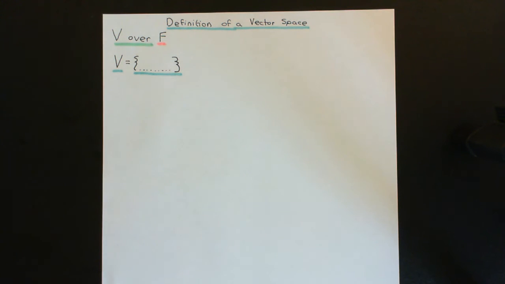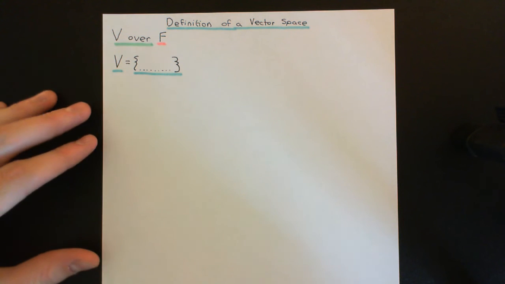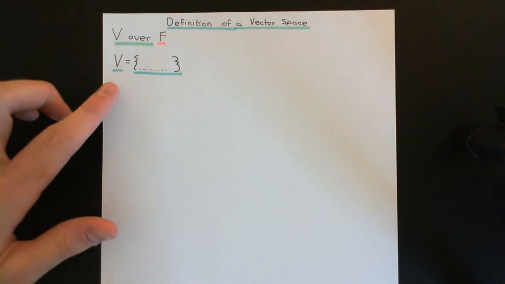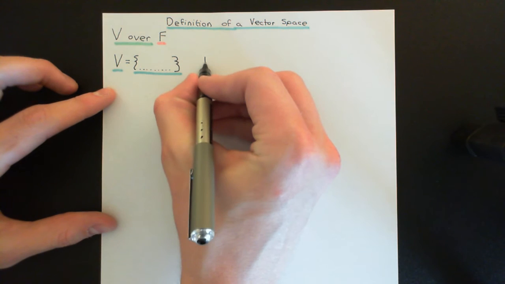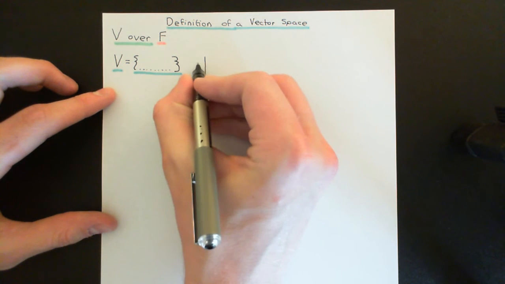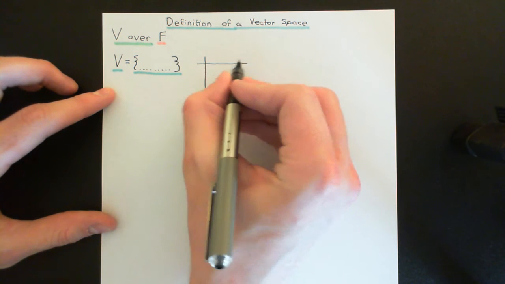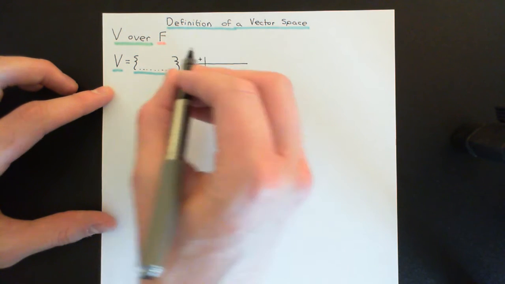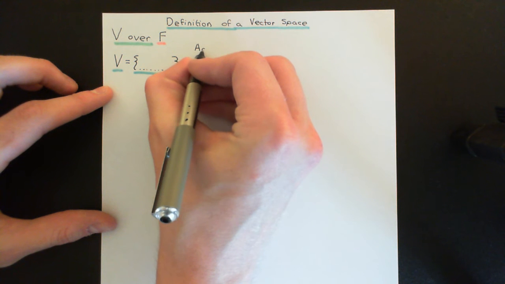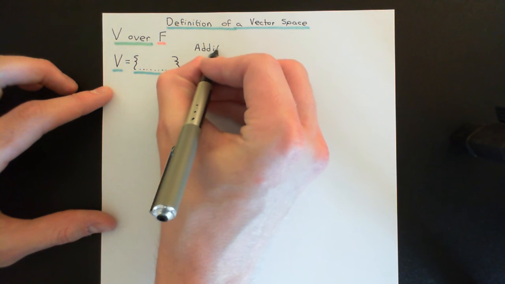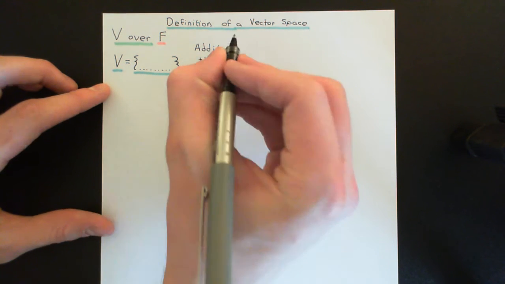We've created a set of symbols. Now what we're going to do, to turn it into a vector space over the field F, is we need to have two composition laws on this set of symbols. The first one is a nice simple one, and the second one is something new that we've never seen before. The first composition law on this set of symbols that is our vector space is called addition. So we need this first composition law, which is called addition here.